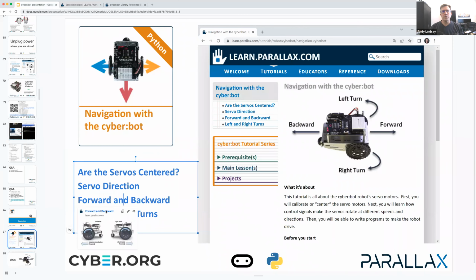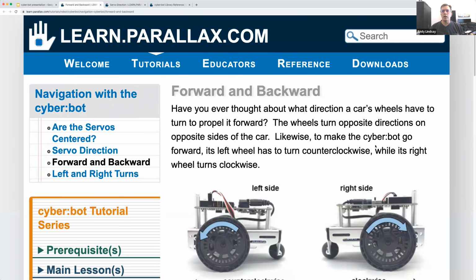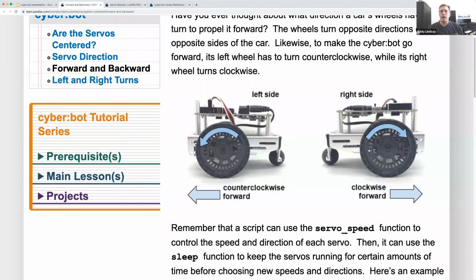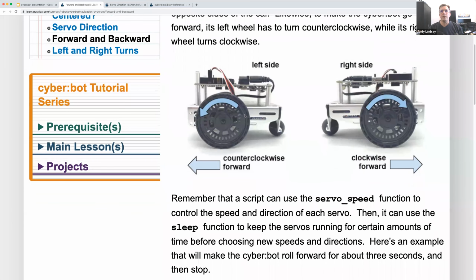Then the students end up going through learning that, hey, if you look at the left side of the robot, which direction does the wheel need to turn to make it go forward? That's towards the breadboard here. And the answer is counterclockwise. If you look at its right side and ask the same question, the answer is that it needs to turn